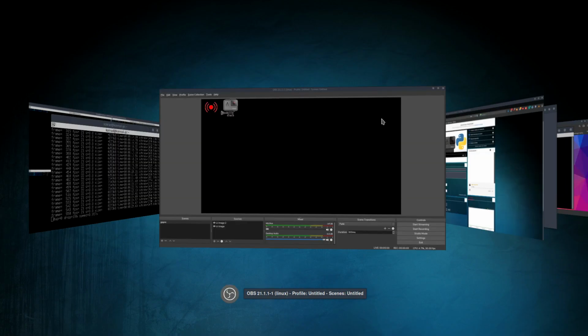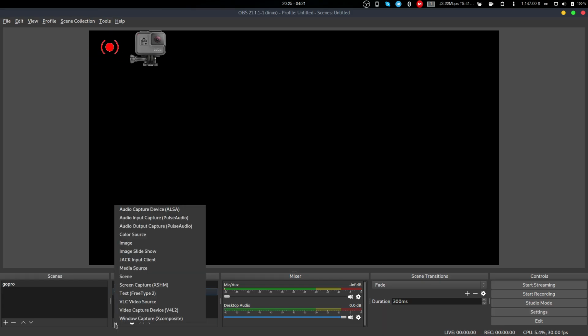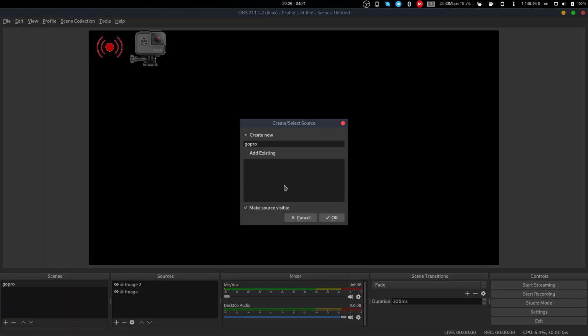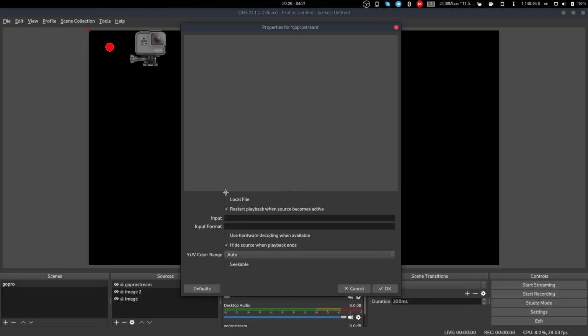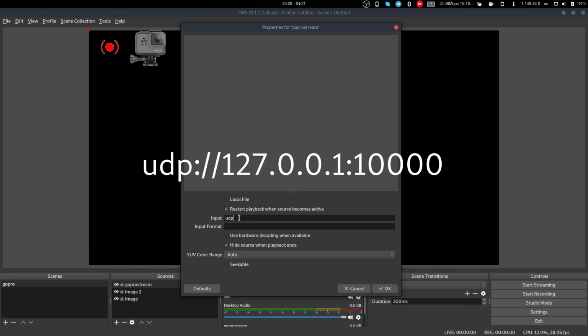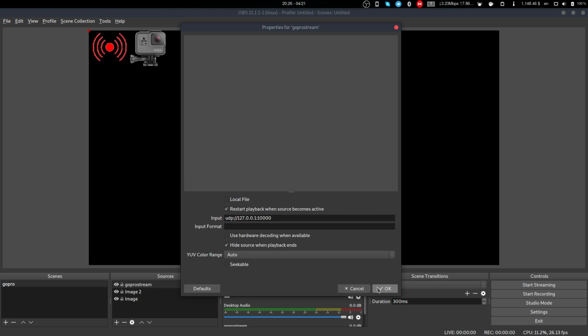Now we go to OBS, media source. I mean, it's media source, not scene. And so we just use stream. We don't want local file. We want the input to be something like this. Okay, that's the default port I have on my Python file,